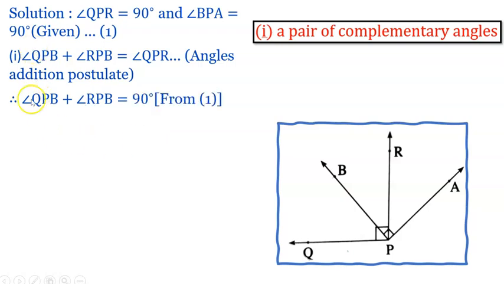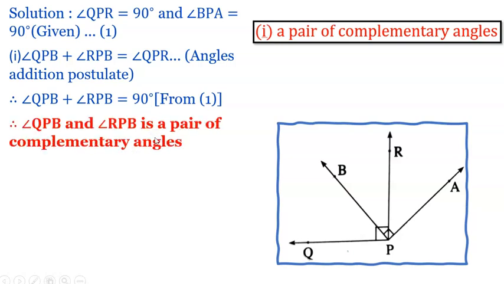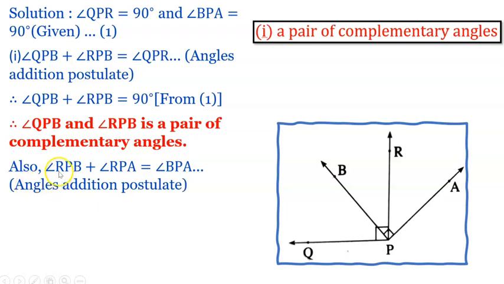And therefore here, the measure of angle QPB plus RPB is equal to 90 degrees. And here, angle QPB and angle RPB are a pair of complementary angles. This is the first pair. Now next, also angle RPB